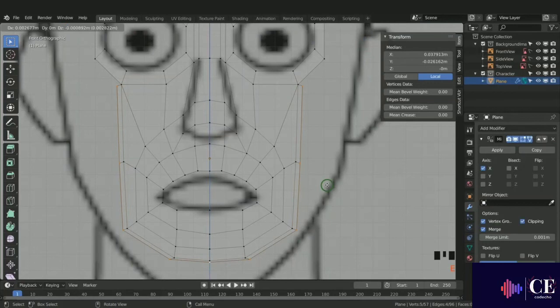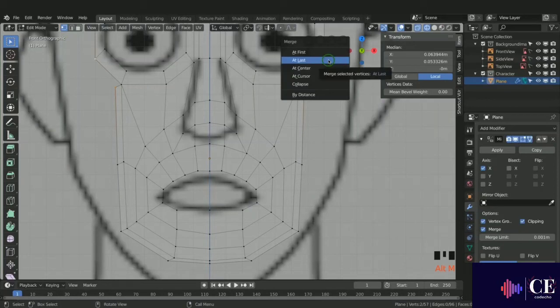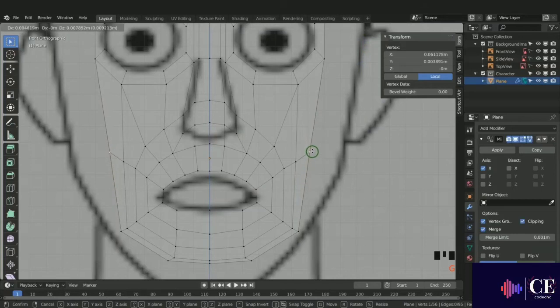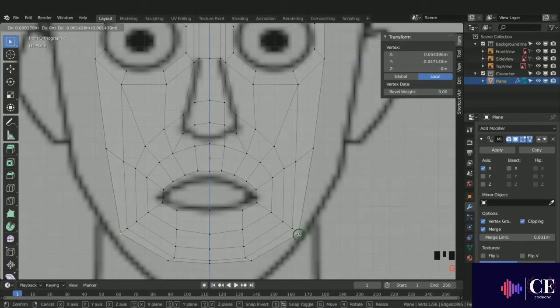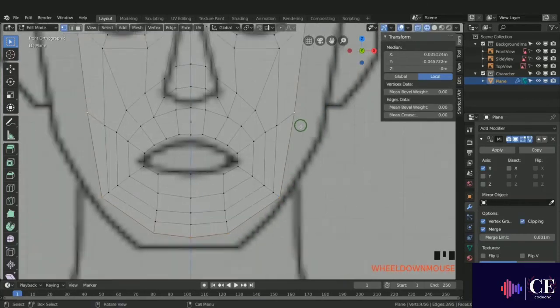press E, just drag this out slightly. I can select this now straight away, shift select this, Alt M, and choose merge at last. And then I can select these and just position them a little bit better. Can zoom out and maybe select this one here, drag it down and just position them. Okay, so again, I'm going to shift select finally to make a last extrusion around the